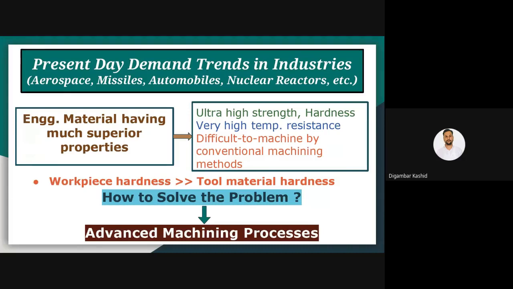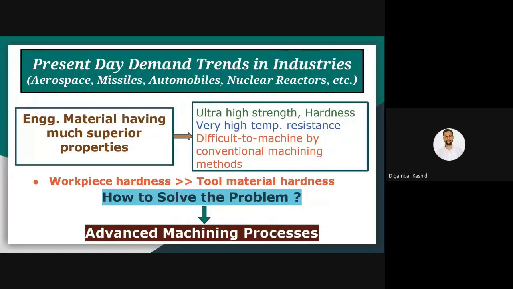Okay, so that material having the superior properties should retain its original shape and the other properties. That means metallurgical properties should be retained at that high temperature, whenever that component is in use. Again, when ultra high strength metals are used as a workpiece material,